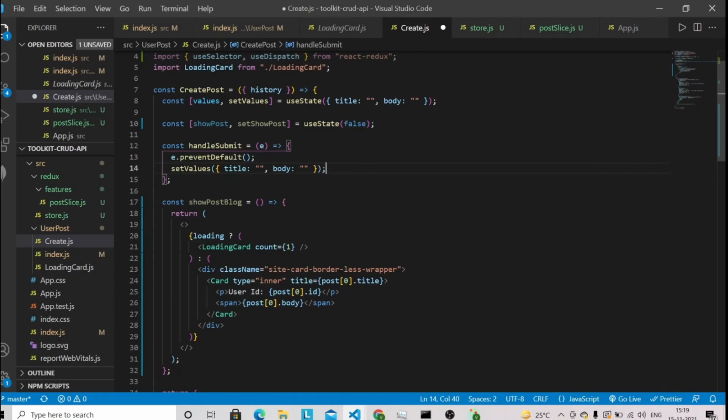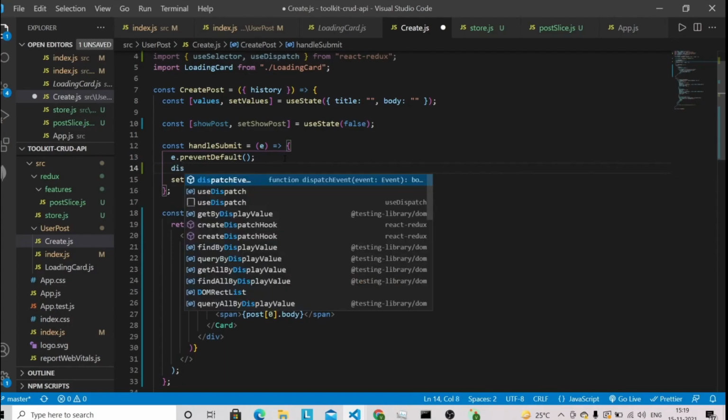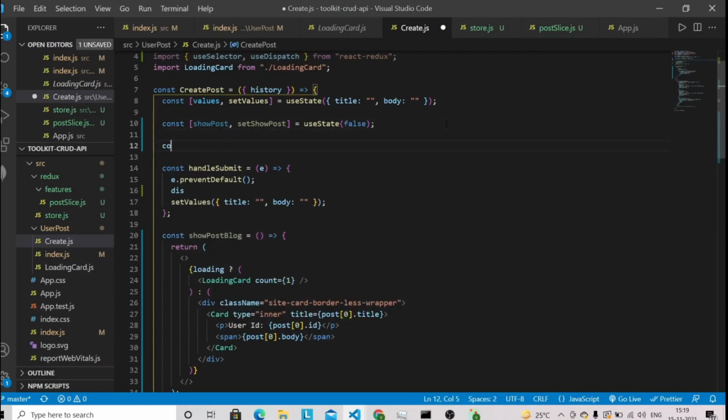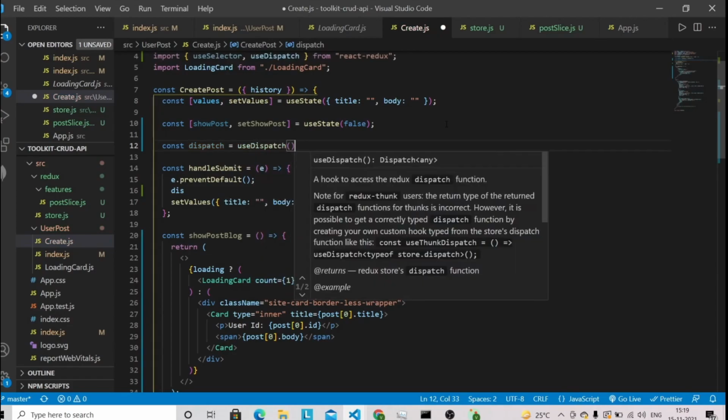Here we first have to dispatch the action with the values, then we can empty each input field. Before dispatching, we have to store the reference of useDispatch into a dispatch variable.